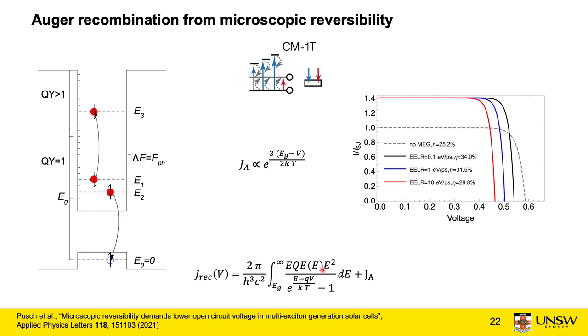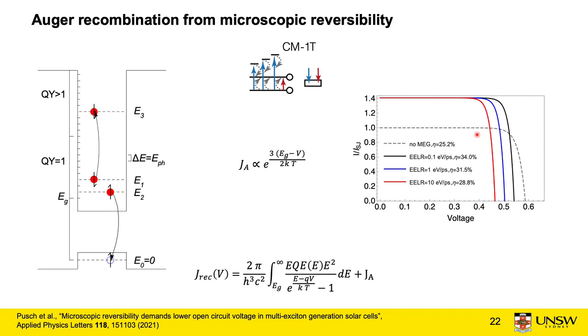Now, the EQE depends only on the ratio between the cooling rate and the impact ionization rate. But the Auger recombination rate, and therefore the operating voltage, depend on the absolute value of those rates. Therefore, in such a device, the voltage may be reduced a lot just due to Auger recombination, depending on the impact ionization rate and electron energy loss rate in the material. This shows that it is important to properly consider the non-equilibrium processes in an MEG solar cell,